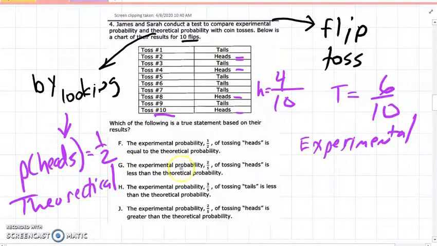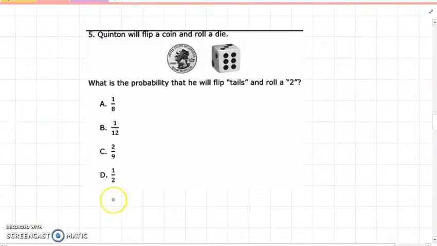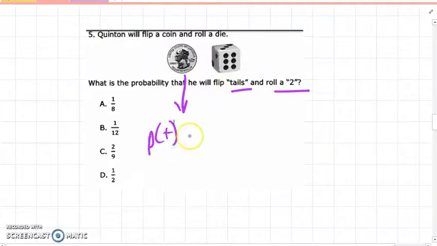Compare both and see which one makes sense. Number 5. Quentin flipped a coin and rolled it down. What is the probability that he will flip tails and roll it down? Well, here, what's the chance of landing on tails? So the probability of landing on tails is equal to 1 out of 2 because it only has 2 sides